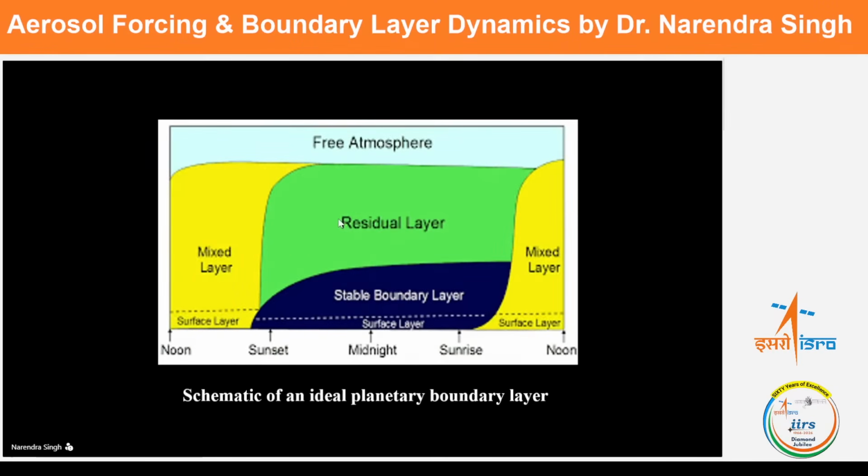So this 150 meter in the lowermost region is basically the surface layer, and most of the activities, the transfer of energy to the molecular level, happen in this surface layer, which is directly in contact with the Earth's surface. So this is how the boundary layer evolves, starting from sunrise to sunset, and then after sunset, a portion remains